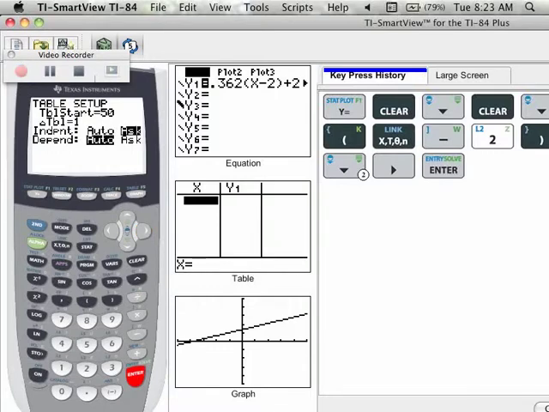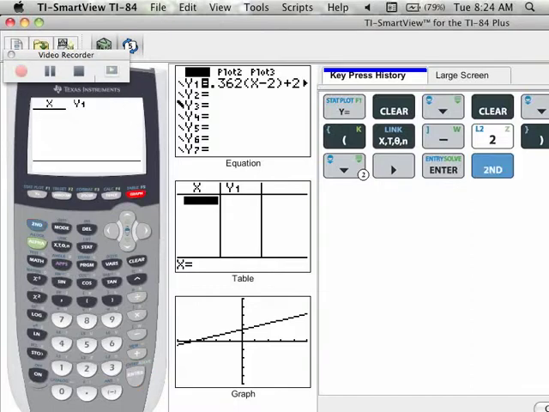And what that does, it says, hey, type in whatever you're interested about, and I'll show you the answer. So now I go into my table, which is second graph, and the three numbers I was curious about were 12, 40,